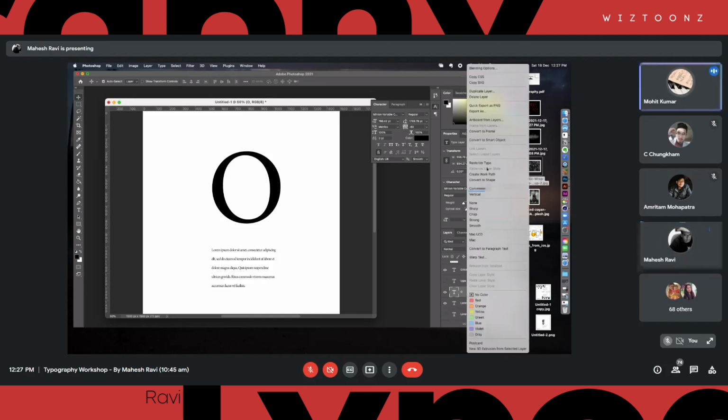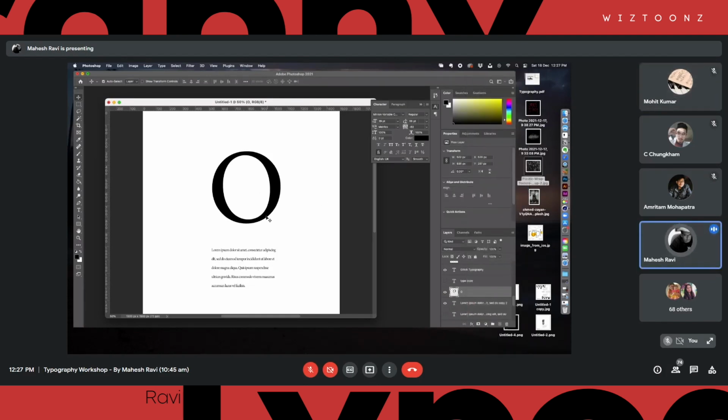So cool, I'm going to take this O. This is something that I did for O, where the prompt was twist, right? So I wanted to literally twist the O. I selected the O, went to the warp tool and brought this like this, right? It gave the feeling that the O is twisting. It was glued onto a wall or something, and it is slowly peeling out, right? That is the feeling that I wanted to give.